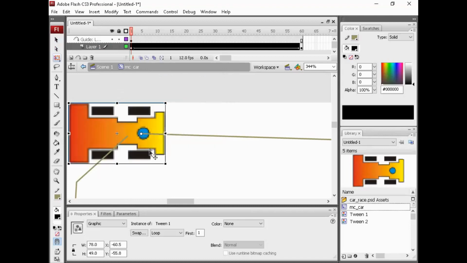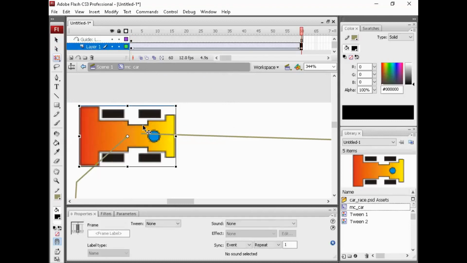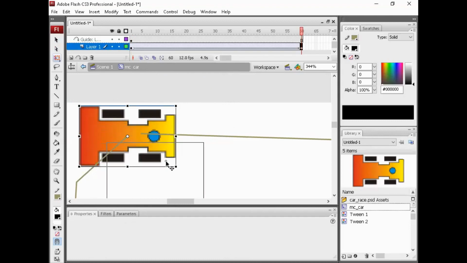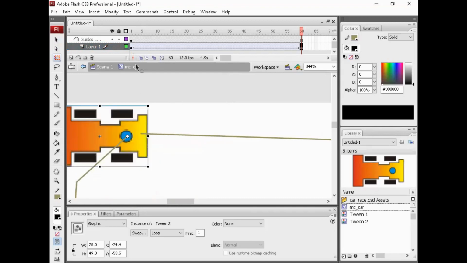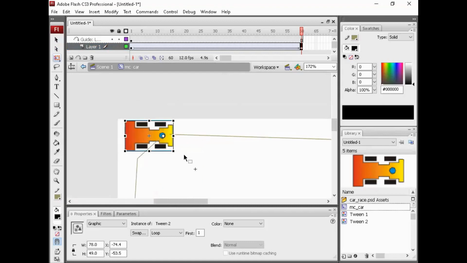That's right, this is the end of the object. I will try to move it and put it here again. That's a great scenario.